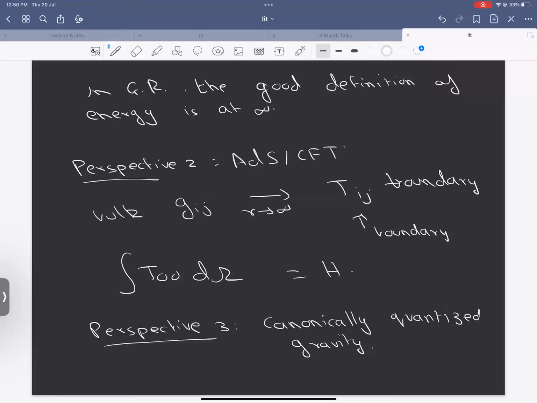So the integral of G00 gives you the bulk Hamiltonian, or the full Hamiltonian? Yeah. More precisely, you have to be a little careful. You have to take Gij. You have to look at the subleading part. That's why I wrote an arrow. So you have to subtract off the pure AdS part, and look at the subleading part. And then, once you take that subleading part and scale it up with a factor of R squared, you get the full Hamiltonian. Okay, thanks. Okay, thank you. Are there any other questions about this?